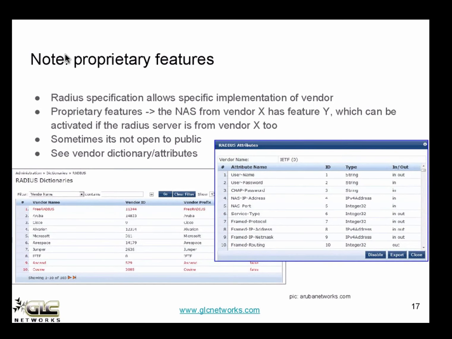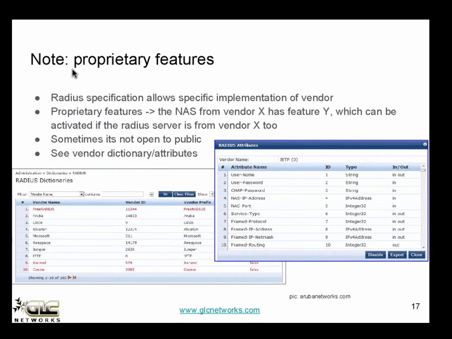So that's the Radius. Specific features can only be activated if you use a Radius server and then a Radius client or NAS from the same vendor.